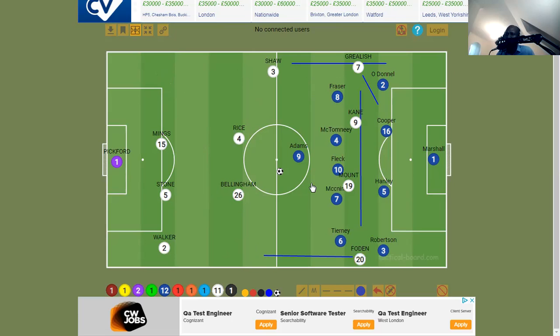Bellingham will push up into that space when England are building from the back. They'll go into a three at the back, and this three will be somewhere around there anytime they are building possession from the back. So Scotland will be defending the edge of the box. They're going to defend really deep. England will walk the ball that way down the channels,